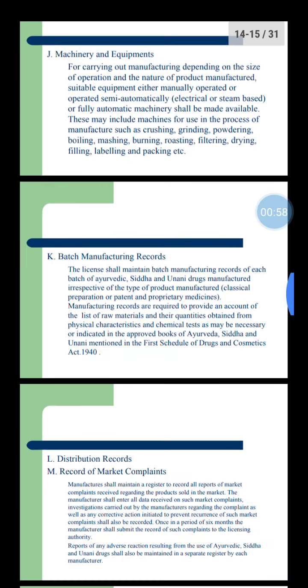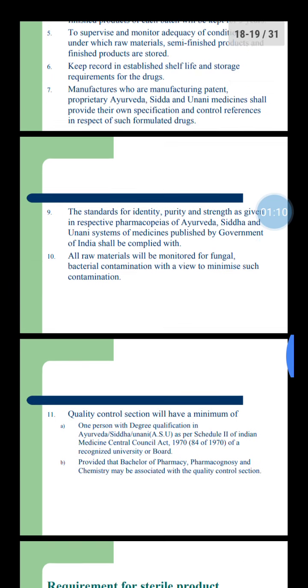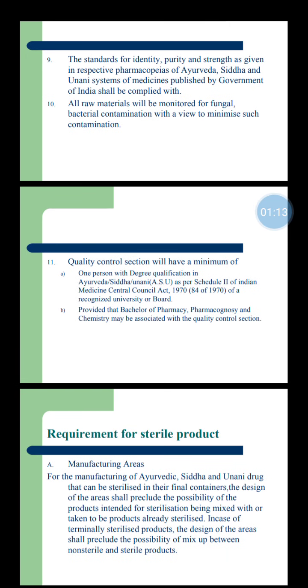quality control, then the quality control section. In that section there will be a person with minimum qualification of a degree in Ayurveda, Siddha, Unani (ASU) as per Schedule 2 of the Indian Medicine Central Council Act 1970, from a recognized university or board. Then a Bachelor of Pharmacy, with Pharmacognosy and Chemistry, may be associated with the quality control